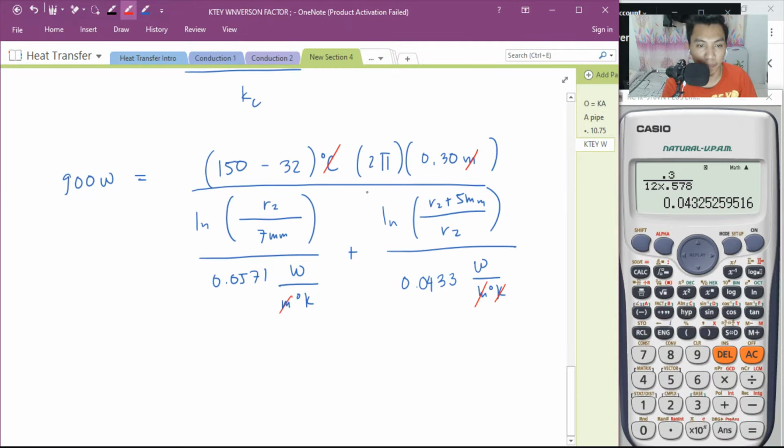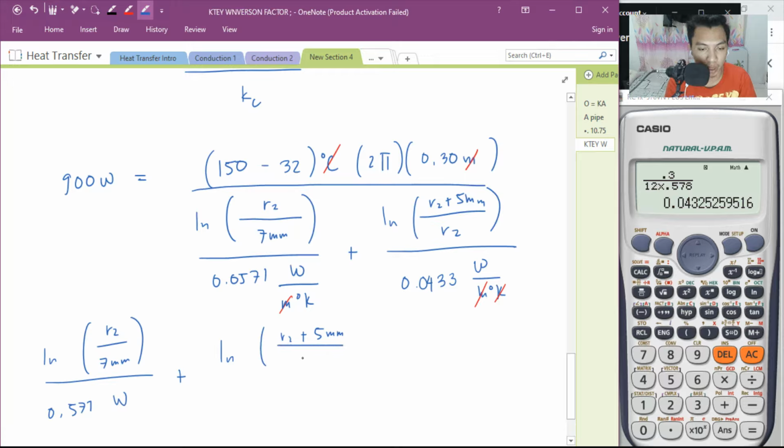Simplify natin. ln, mahaba talaga to number 3. ln nung R2 over 7 mm divided by 0.571 watts na lang, tanggalin natin yung Kelvin, watts na lang matitira, plus ln nung R2 plus 5 mm over R2 divided by 0.0433 equal to